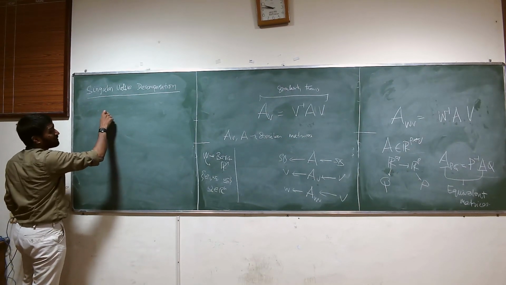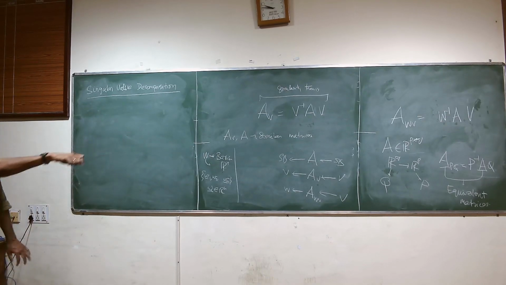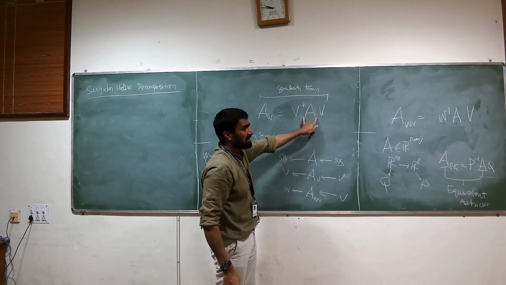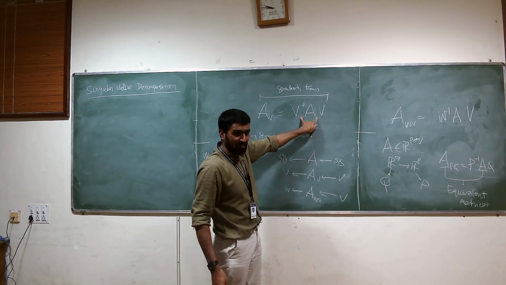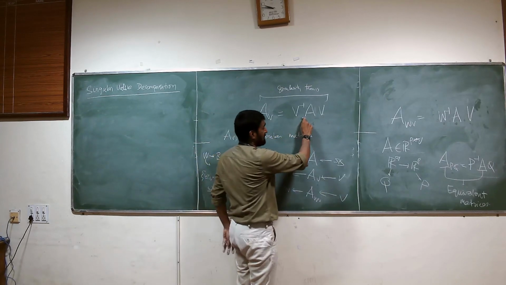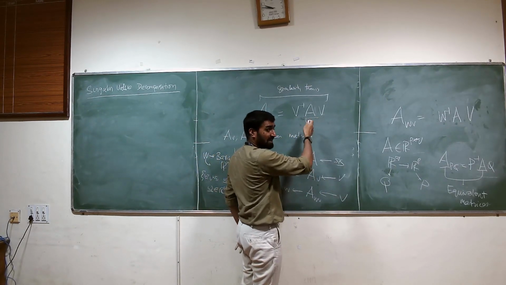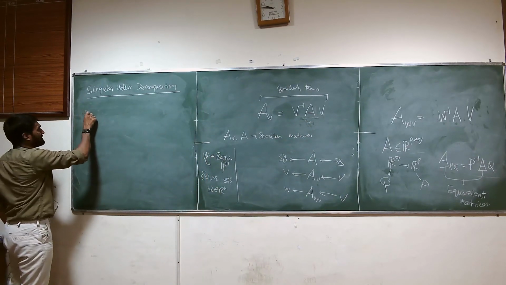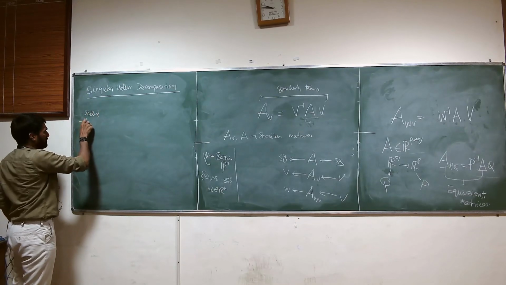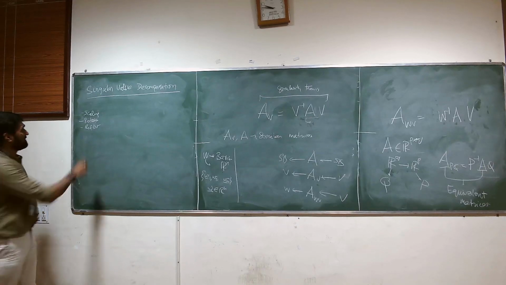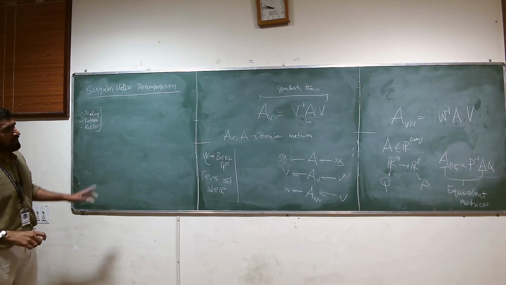In fact, we started talking about this idea of similarity transformation because we were asking the question: are there simpler representations for my linear transformation than what I get with A? Because in general, if you have a linear transformation, what geometric operations does it perform? Yes, it performs scaling, it rotates, and it also can reflect. But